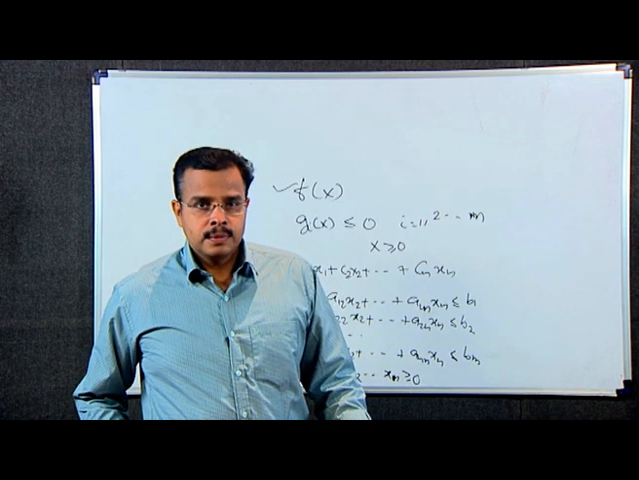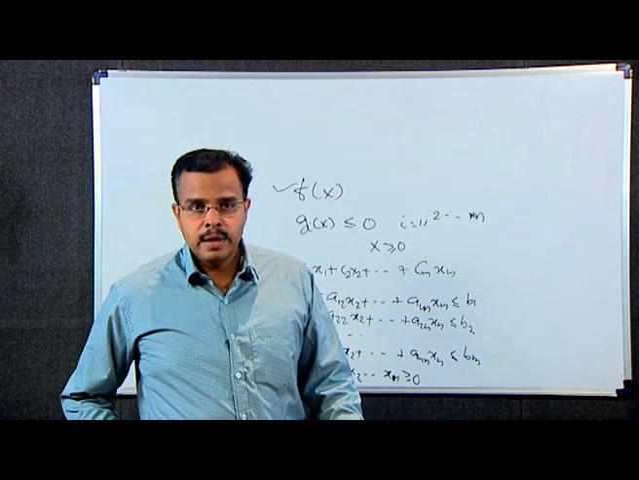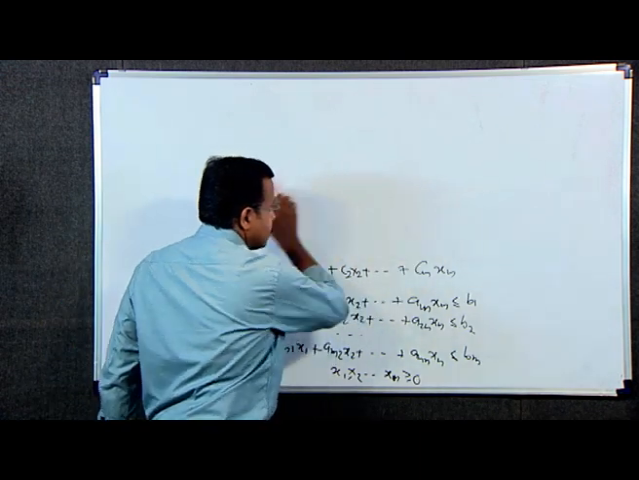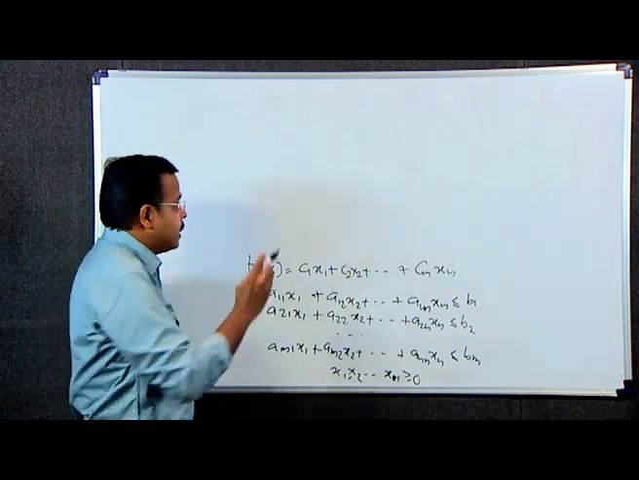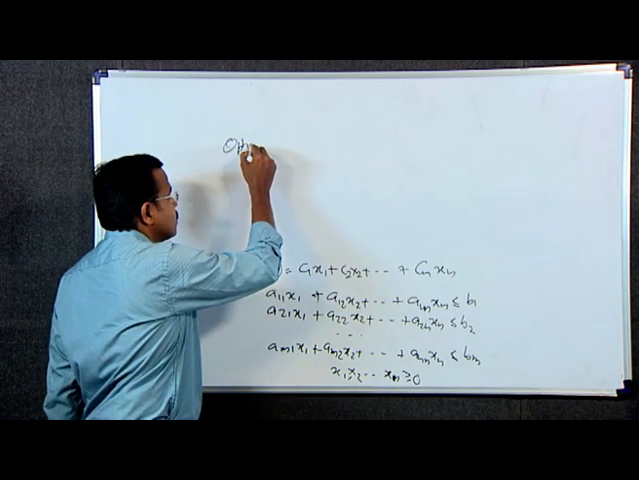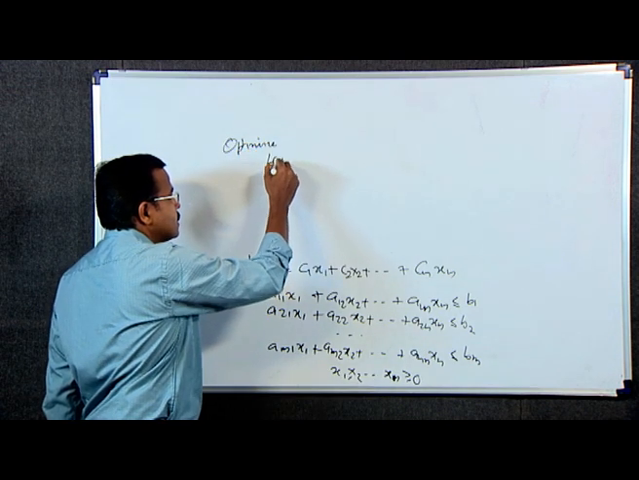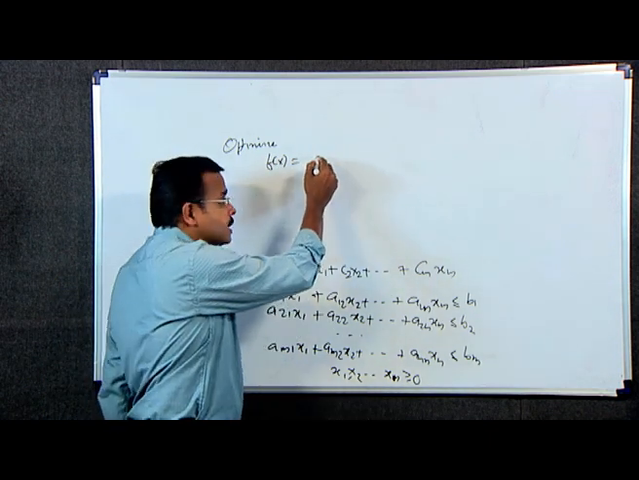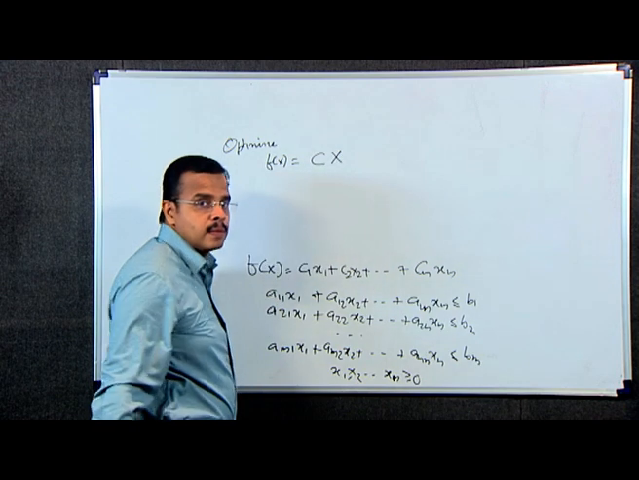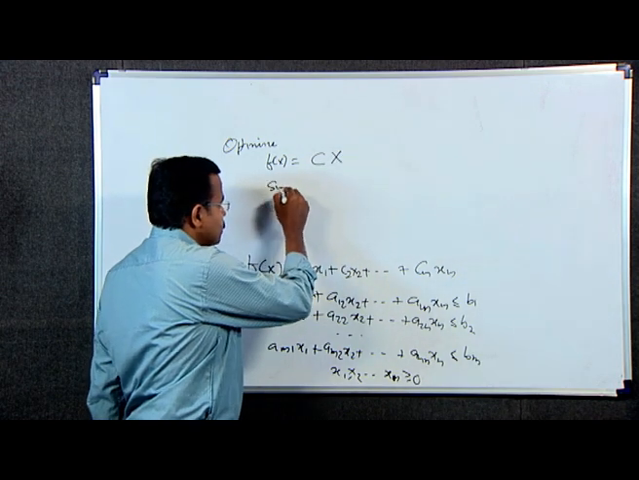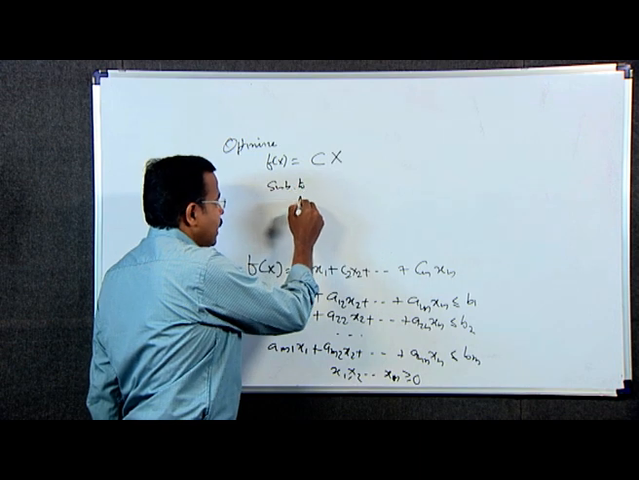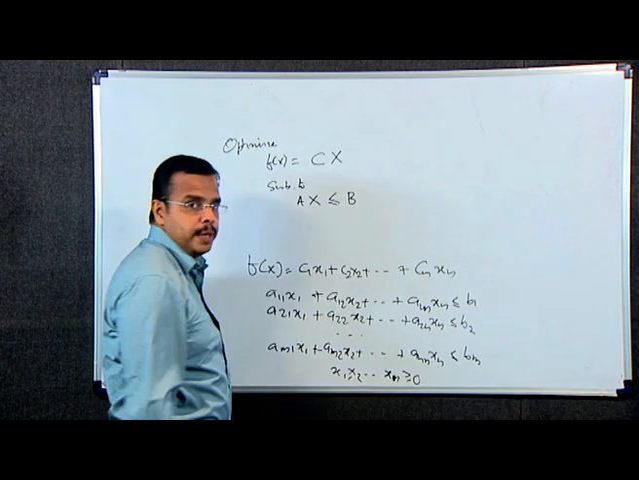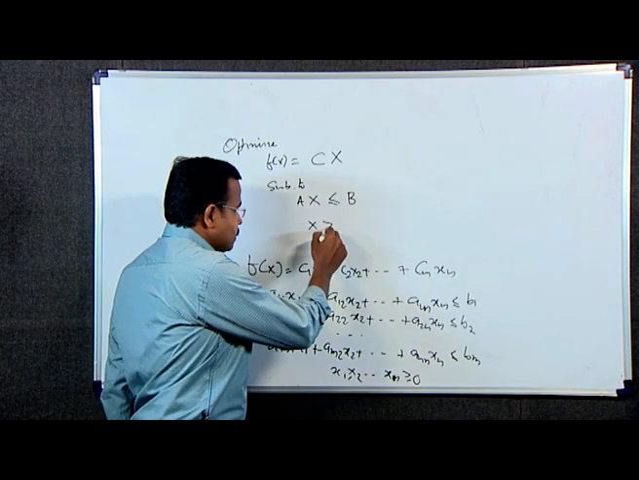In matrix form, the linear programming problem can be written as optimize f of x equal to c1 x1 plus c2 x2 etc. plus cn xn, that is equal to c into x, subject to a into x. These are the constraints, a into x less than or equal to b, where x greater than